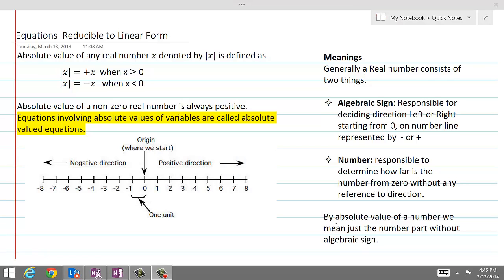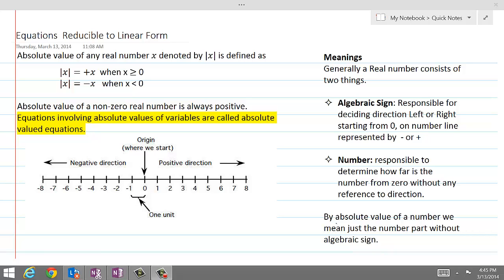Equations reducible to linear form. Generally, a real number consists of two things: the algebraic sign, which is responsible for deciding direction, left or right, starting from 0 on the number line, represented by negative or positive. The second thing is the number, which determines how far the number is from 0 without any reference to direction. By absolute value of a number, we mean just the number part without any reference to the